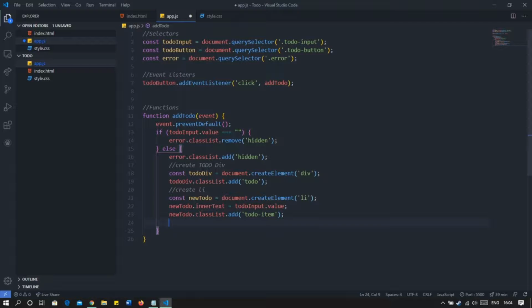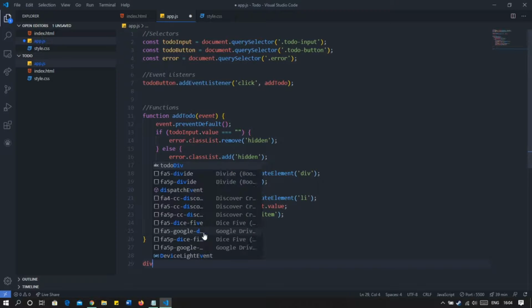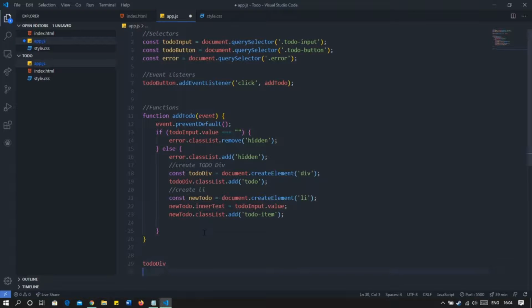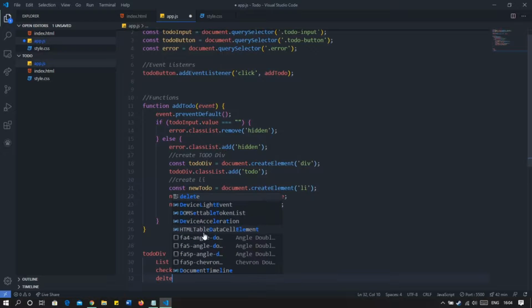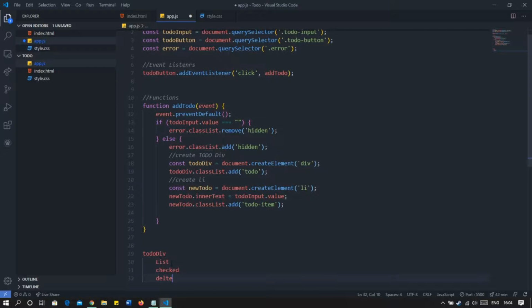As I discussed in the structure, we have a division, and inside the division we have our list, and below our list we have check and delete. So this is our complete element. So we need all three elements inside this.